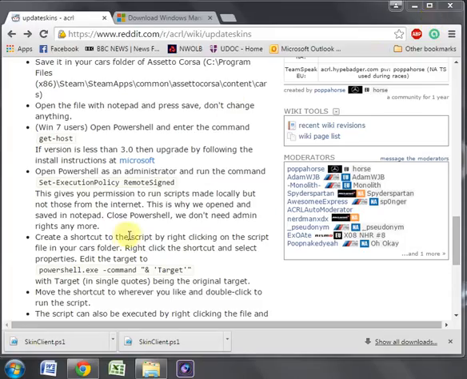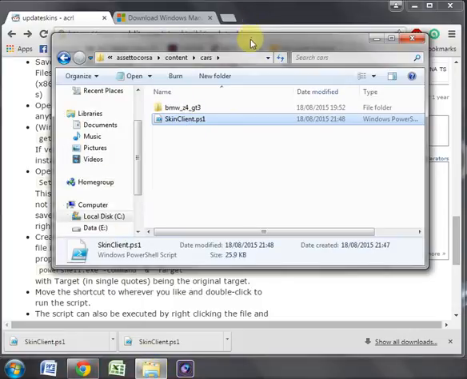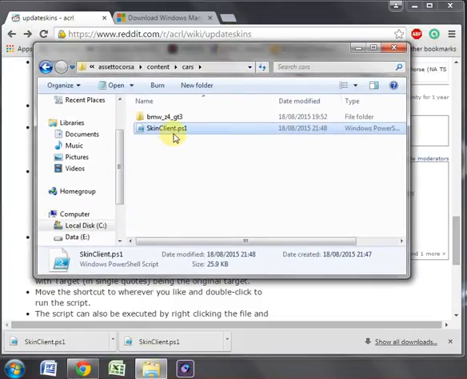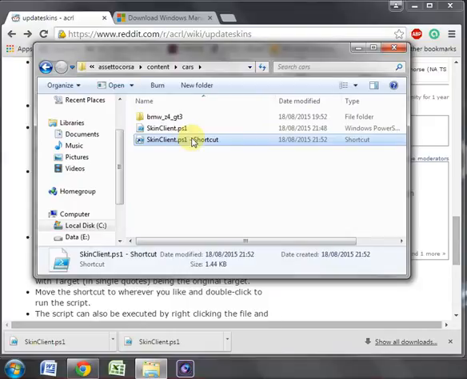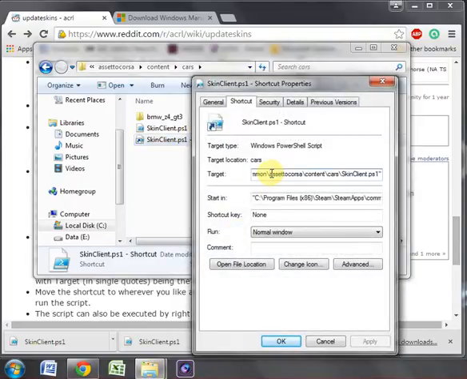So the next thing we need to do is to create any shortcuts. Now we're basically ready to run the script. So if we go to our cars directory where we downloaded the file to, we can either now run it by right click, run with PowerShell there, or if we want to make it easier on ourselves, we can create a shortcut that we can put somewhere more convenient. So we're going to create shortcut, and then for that shortcut we need to make some alterations. We're going to go properties, and we're going to go right to the very start of the target,